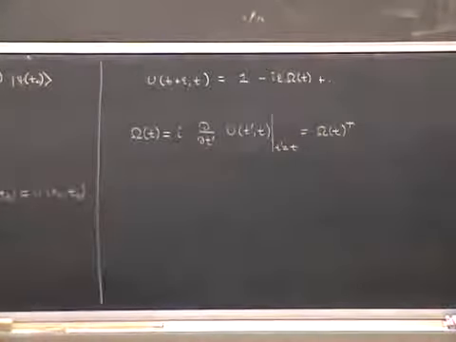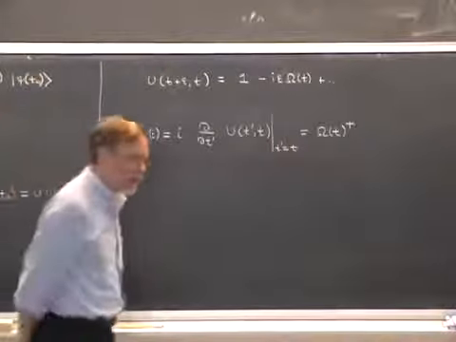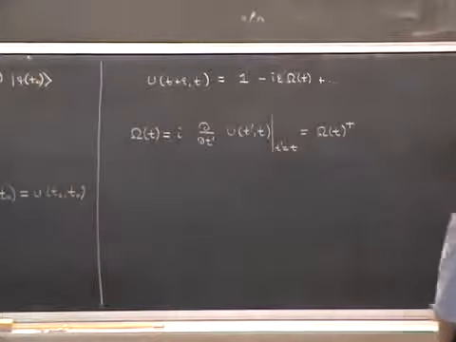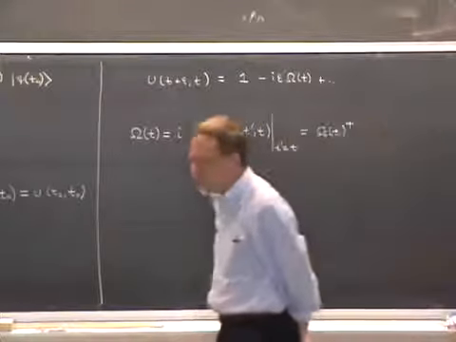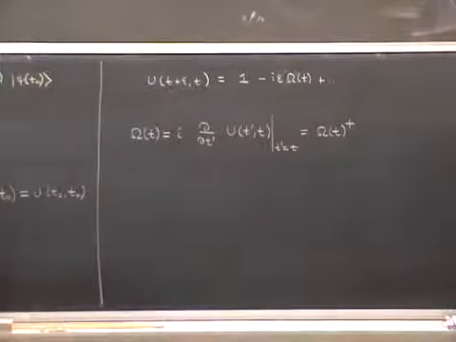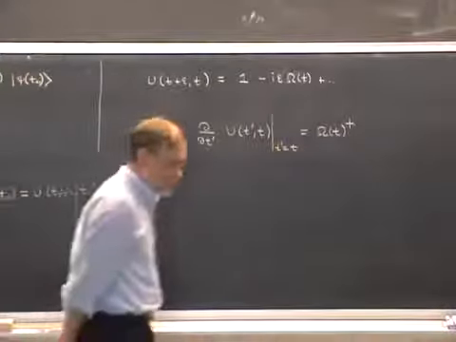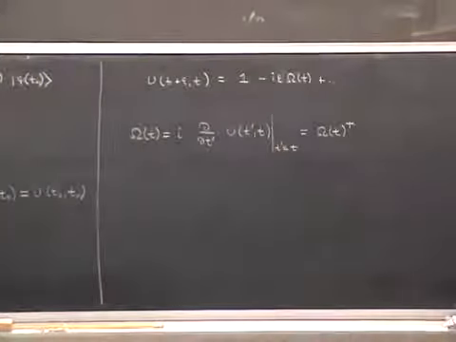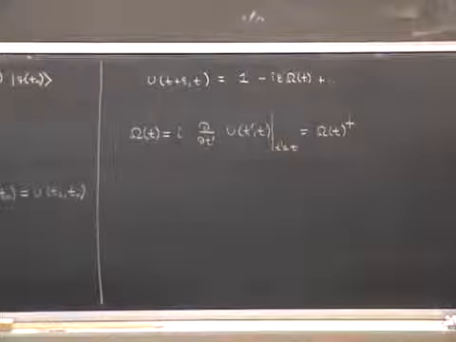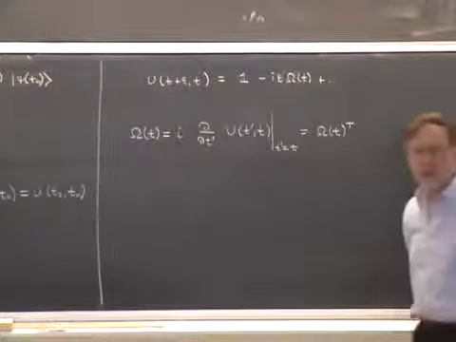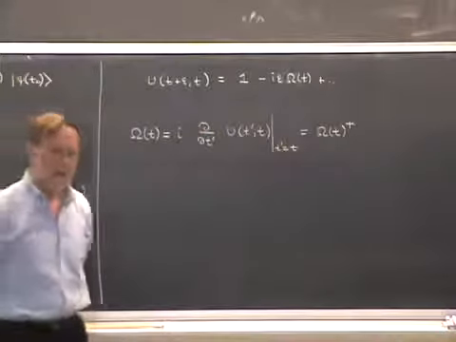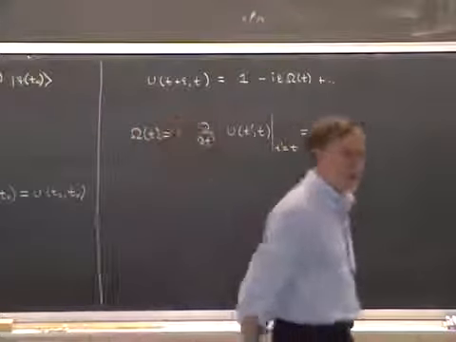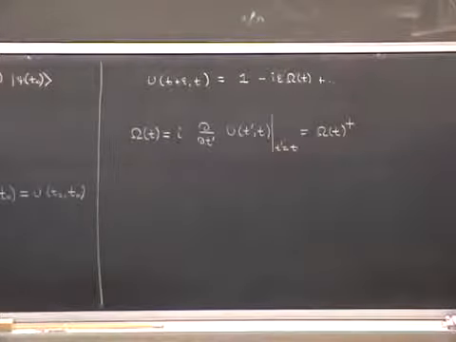Now, in classical mechanics, the generator of time evolution is the classical Hamiltonian. This is all understood within the framework of classical mechanics. It involves Poisson brackets and things like that, that I don't want to go into because this is, of course, quantum mechanics and not classical mechanics. But in any case, the classical Hamiltonian plays a similar role. It can be used to advance the observables of the system from one time to an infinitesimally small later time by forming the Poisson bracket of the Hamiltonian with the observable.